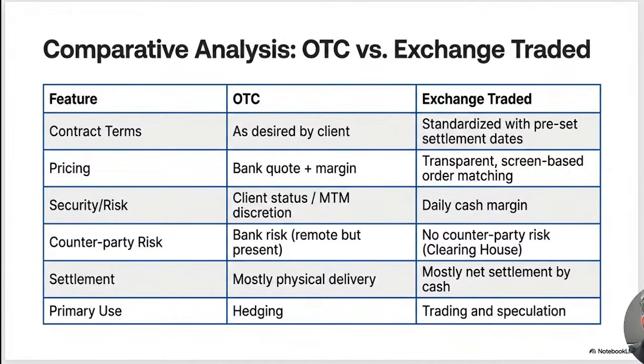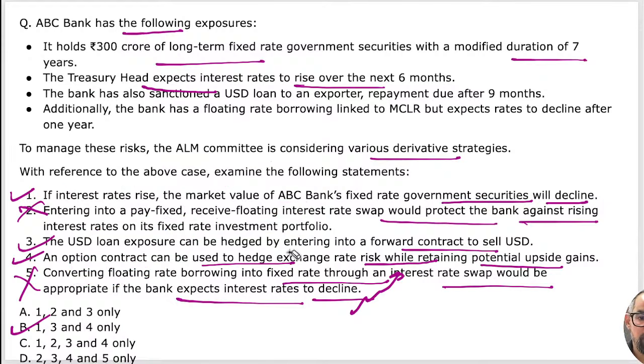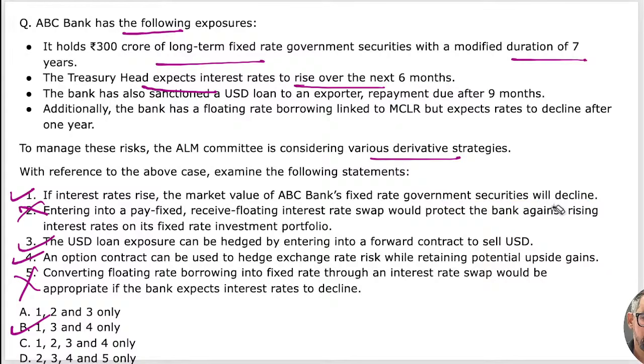Last question, where is it? So when it comes to this particular question, what was the case? The first statement in this particular one was, if interest rate rises, bond prices fall. This first statement is correct, Manoj sir. First statement is basically that interest rate and bonds are inversely related. So that's why the first statement was correct.